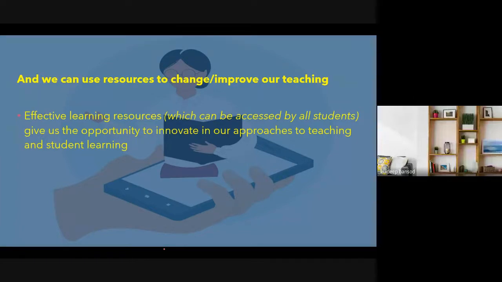Some of the students couldn't get the information. But now, as I use these learning resources, the understanding level of the students is increasing. This might happen with you when you use some sort of learning resources.